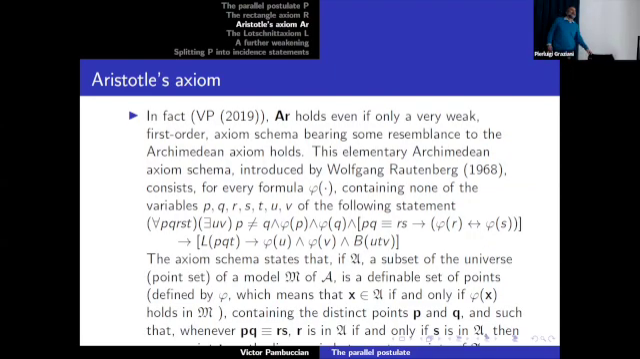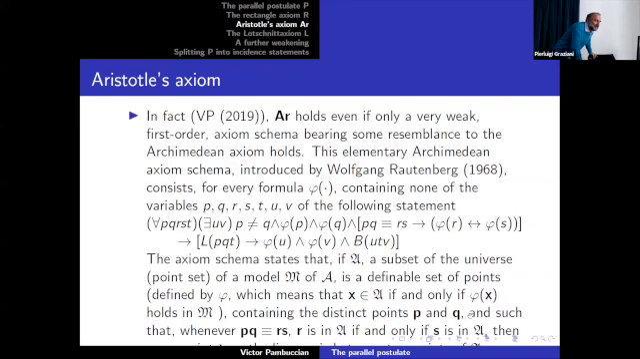In fact, Aristotle's axiom holds even if you have a very weak form of the Archimedean axiom. Namely, Wolfgang Rautenberg in 1968 proposed an elementary axiom schema that looks like the stuff here. And what does it say? It says that if A is a subset of the universe of a model, a definable set of points, definable by this P, containing the distinct points P and Q, and such